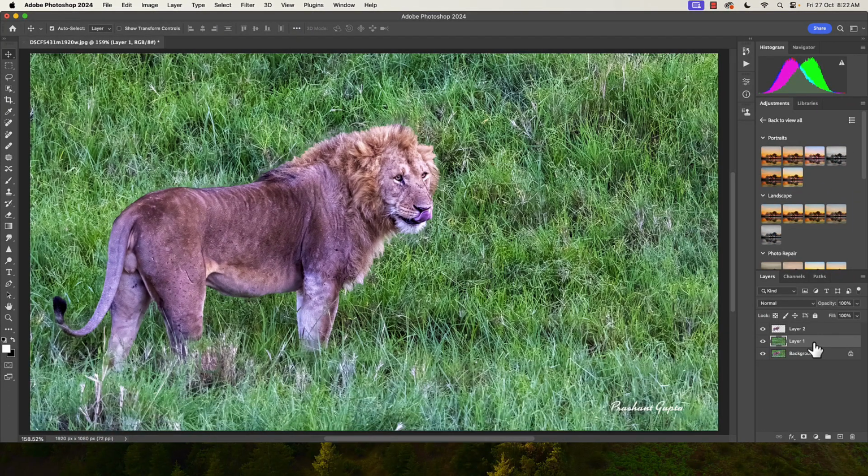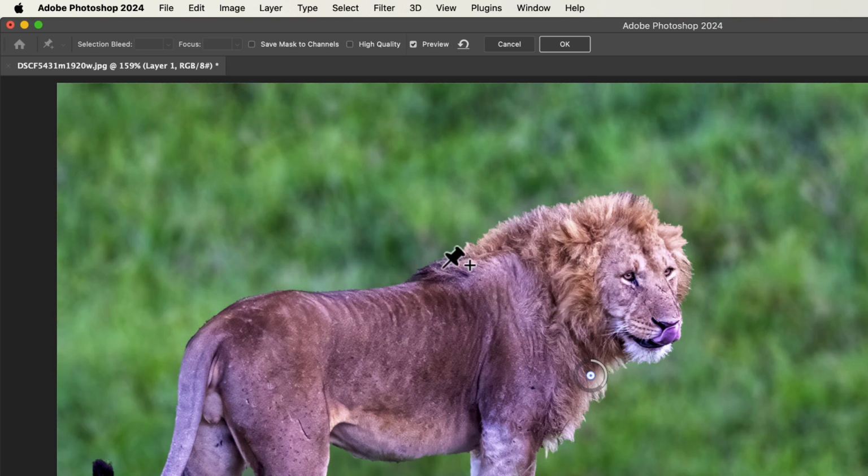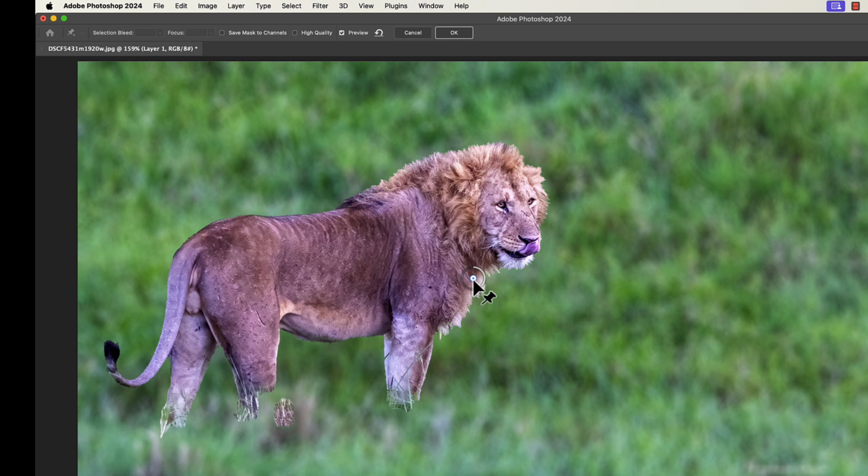Now having done this, with your layer 1 selected, go down to Filter, go down to Blur Gallery, take Field Blur. See, now there is no halo around the line. A control has come up and it has got a dial. So you can dial in the